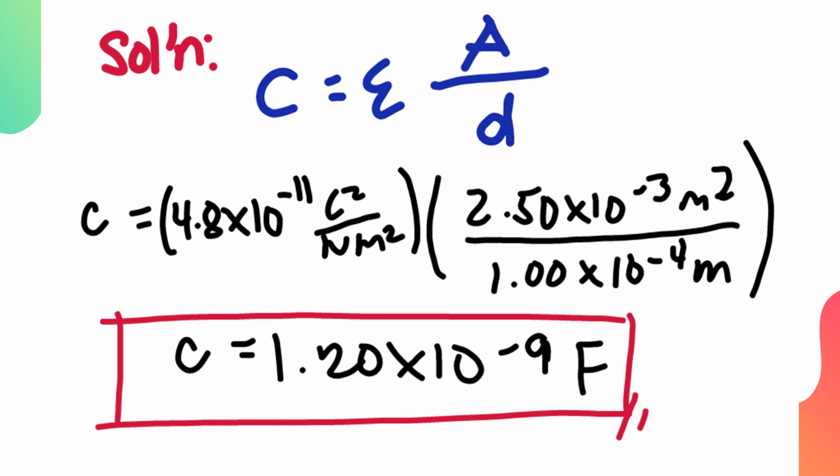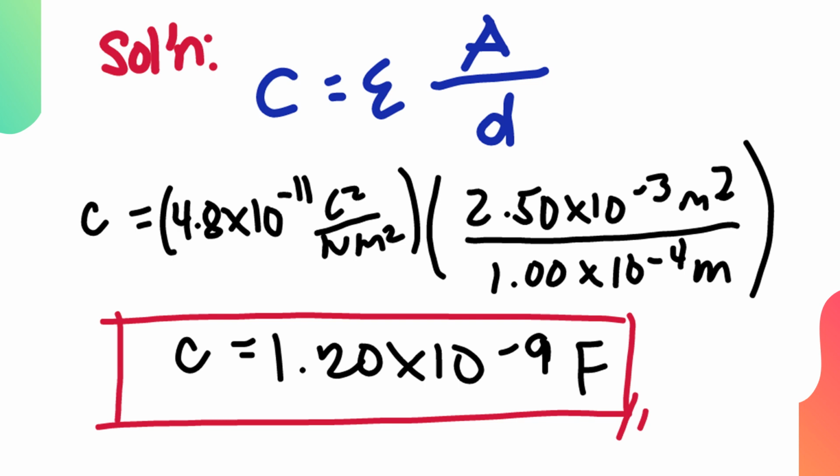We have here the permittivity of mica, which is 4.8 times 10 raised to negative 11 coulomb squared over Newton meter squared, times the area, which is 2.5 times 10 raised to negative 3 meter squared, over the distance, which is 1.00 times 10 raised to negative 4 meter. And of course, cancel out the units that should be canceled,